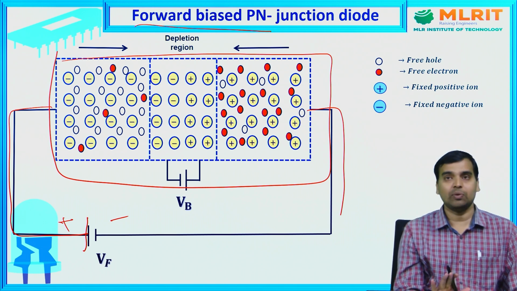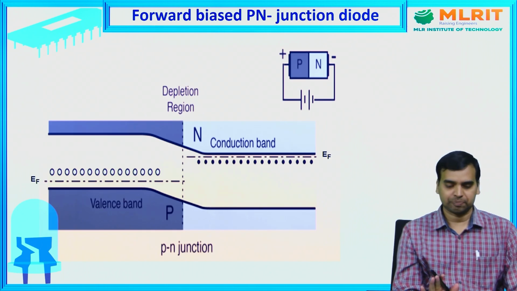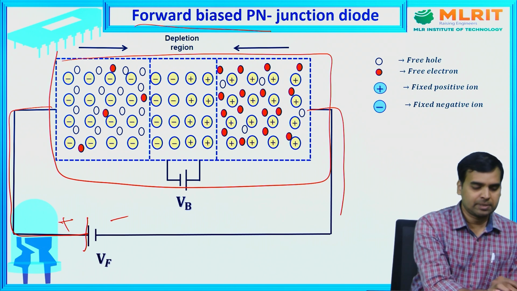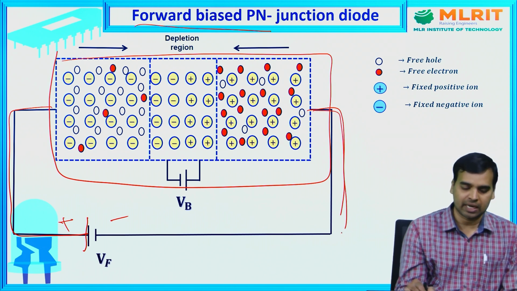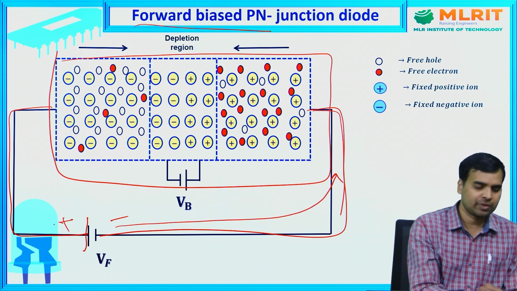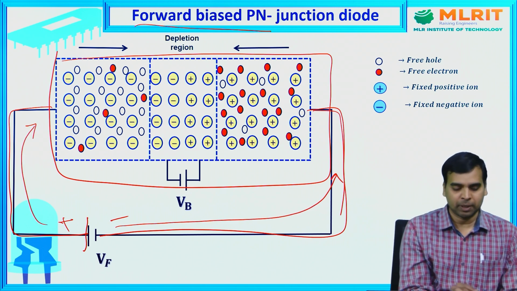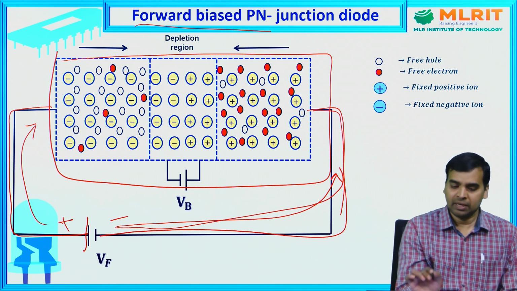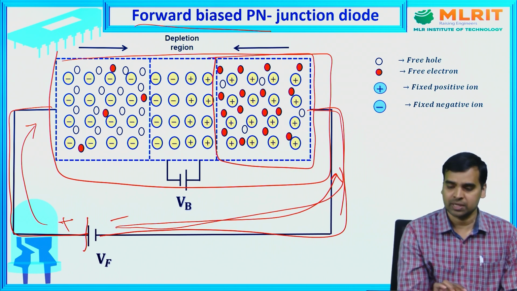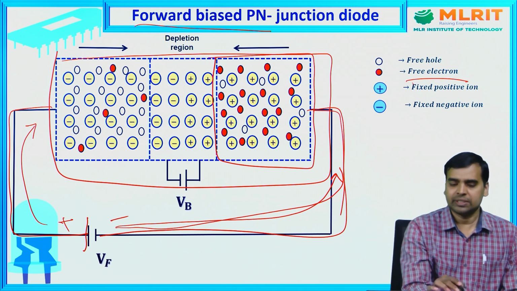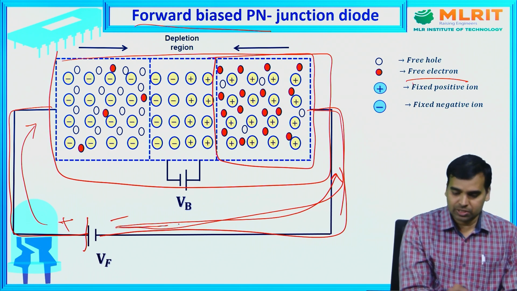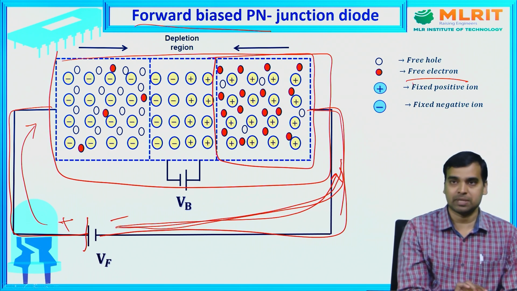now let us see how there exists current flow across the p-n junction diode. In this forward bias condition, the p-type side is connected to the positive terminal and the n-type side to the negative terminal. From the negative terminal, electrons are coming, and from the positive terminal, positive charges are coming. In the n-type semiconductor, the red circles are free electrons. In the n-type semiconductor, electrons are already the majority charge carriers, and by applying bias, electrons are also coming into the n-type semiconductor.